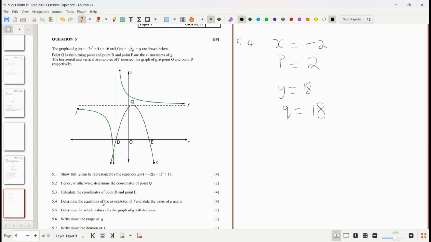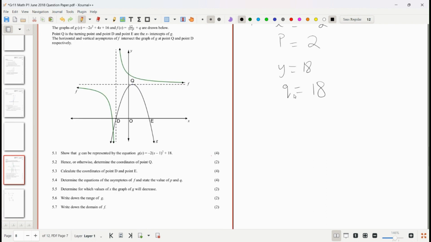So this is the equation for our asymptote. So this p is our asymptote 2, and then q is our asymptote 18, right? So we are done with our asymptotes. And moving forward, 5.5, they asked us to determine for which values of x the graph of g will decrease,